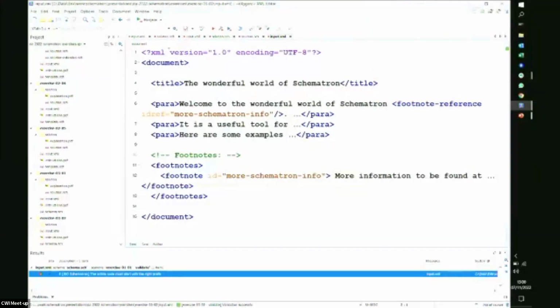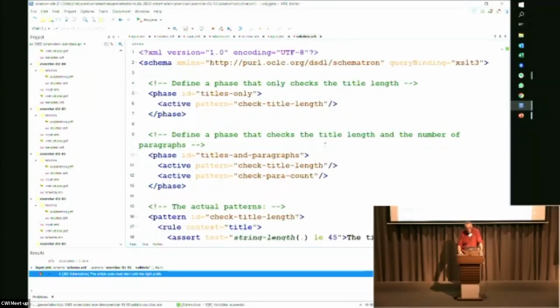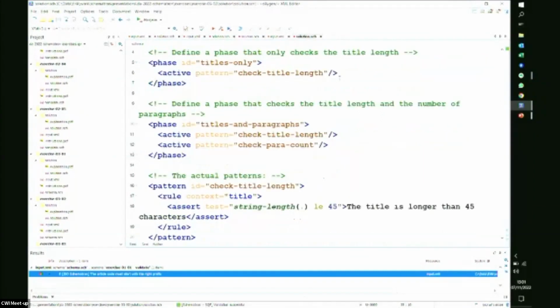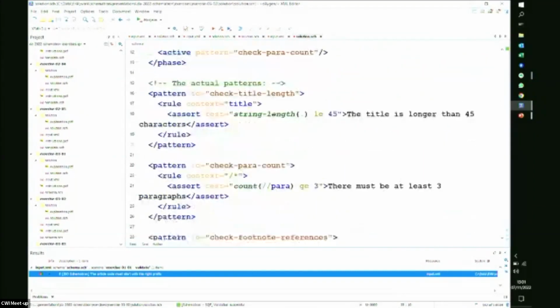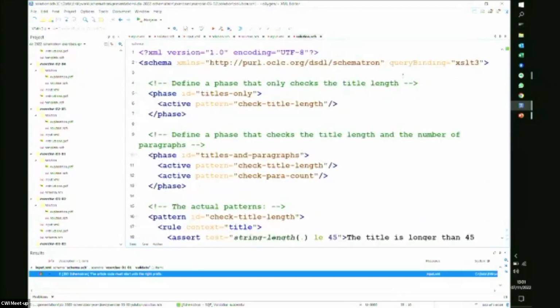create a schema with phases, and I'm not sure whether people did that. Anyway, this is the way to do this. You define phases, and in each phase you say which patterns need to be active, and then you write the patterns, and that's it. And as I told you, I will show you that, if you do this in Oxygen,